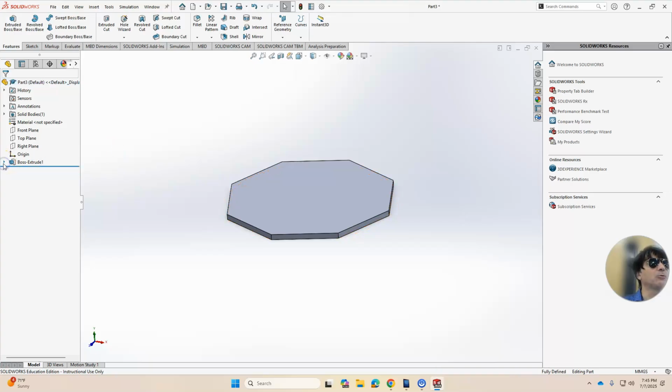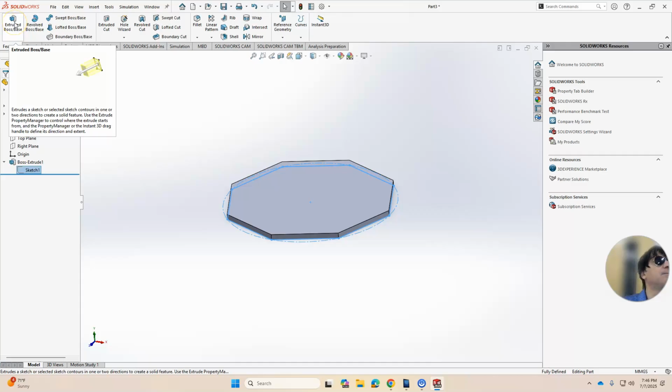How do we open the feature to show its parent? The feature has a consumed parent if it has this little arrow here, on the feature tree. You see where my cursor is. If I left click on that arrow, now I can select my sketch 1. And I know that I want to extrude it for 7.5 millimeters, because this is 2.5 plus 5 up. So if I left click on that sketch, and I left click on extrude boss,